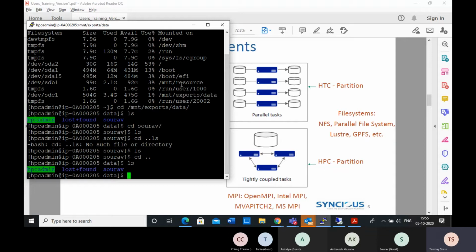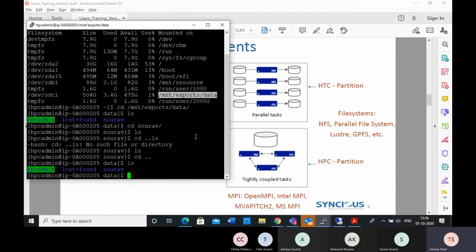But on every machine, if you go into /mnt/resource, you might find different data because it's their own resource. You can relate /mnt/resource to the storage associated with the virtual machine, whereas /mnt/exports/data is the storage which is common across all the machines.